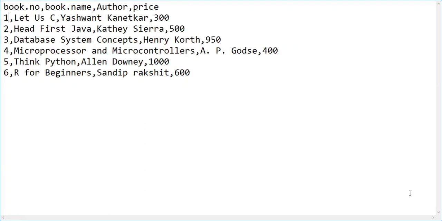So here you can see all the values or all the contents of these files are separated by comma operator, because it is a comma separated file. So now this is the ideal file which can be imported into the R environment. There are no special symbols used, and there are no comments included in the files.